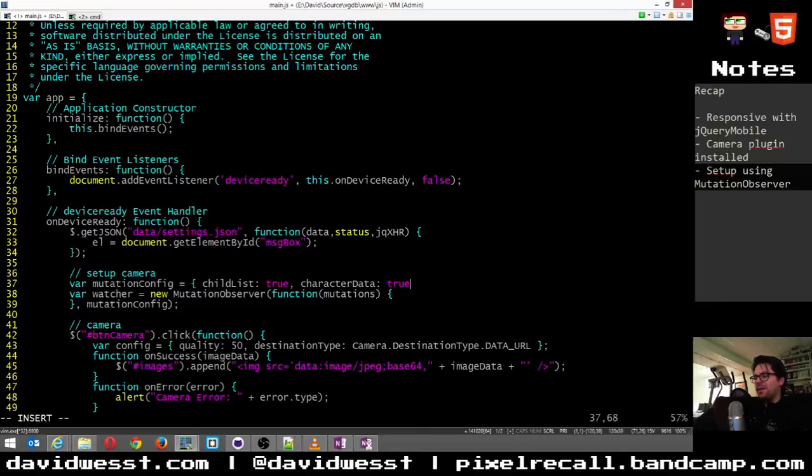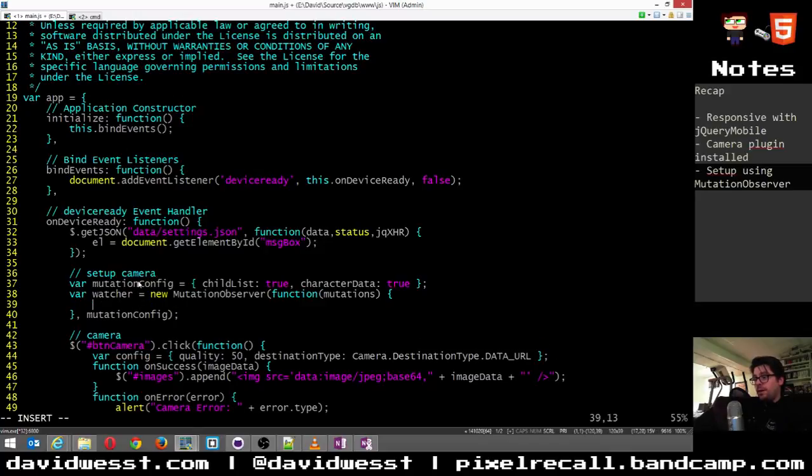Again, I'm very new to this, so I apologize if I'm getting it all wrong, but it is a really cool feature. I like the idea of just being able to watch certain elements for change and then reacting to those changes on the DOM side of things, not on an event level side. Now, there's probably a very good argument that could be had, but at the end of the day, I think it's a pretty cool feature for monitoring UI and reacting to changes in UI, especially when the UIs can get really complicated really quickly.